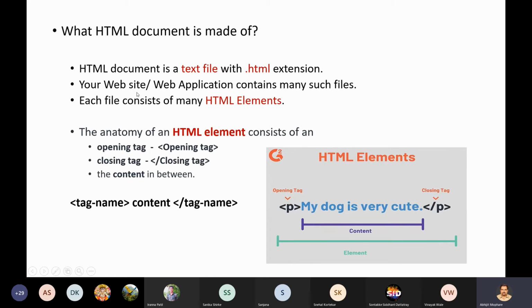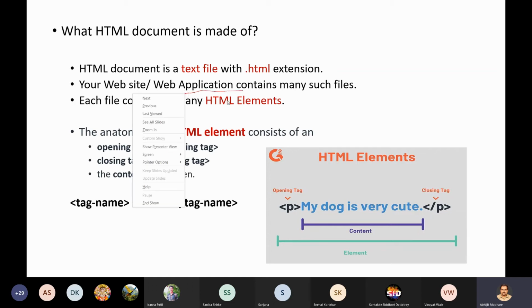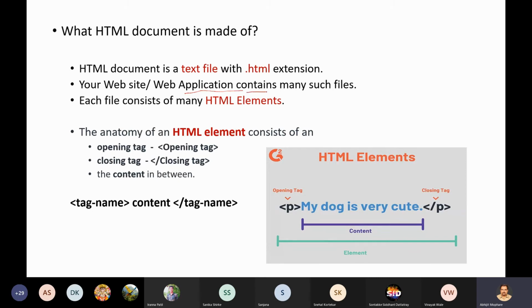So your website and web application, such as Gmail, contain many such files, right? Each file which your application or website is made up of is called a document.